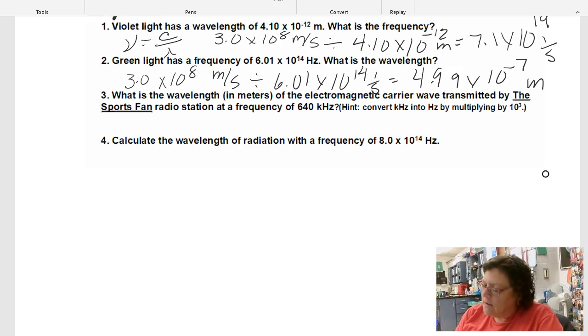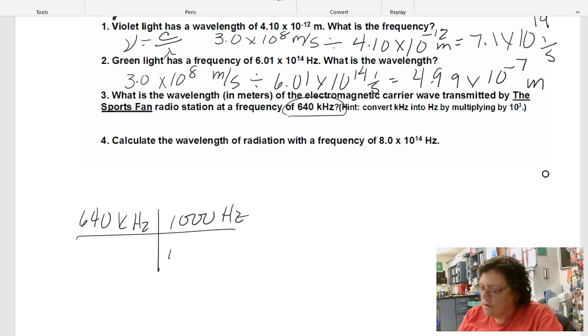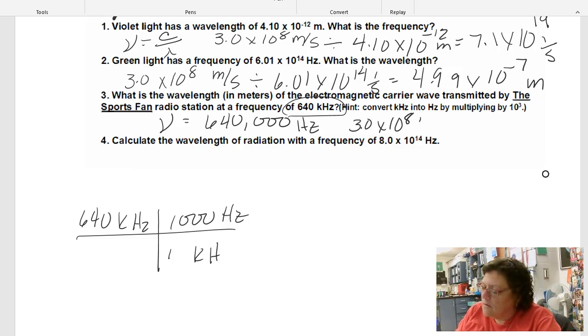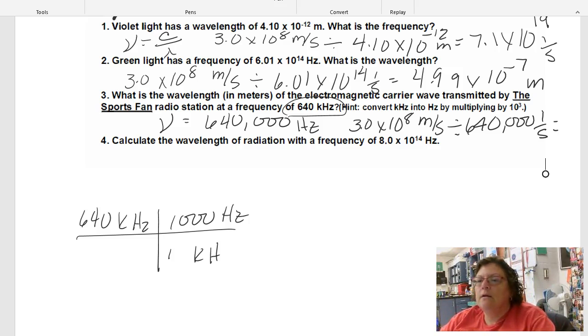Okay. Number 3, first we have to convert kilohertz to regular hertz. There are 640 kilohertz, and we know that there are 1,000 hertz in 1 kilohertz. So we're going to multiply 640 times 1,000. So our frequency is going to end up being 640,000 hertz. So we'll take the speed of light divided by 640,000 hertz, which is 1 over seconds, and we will get